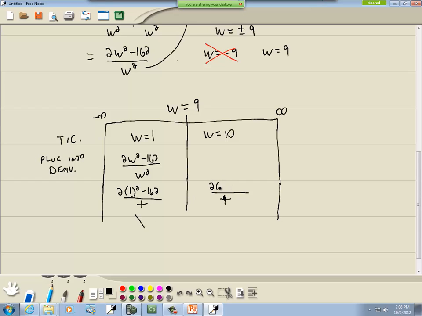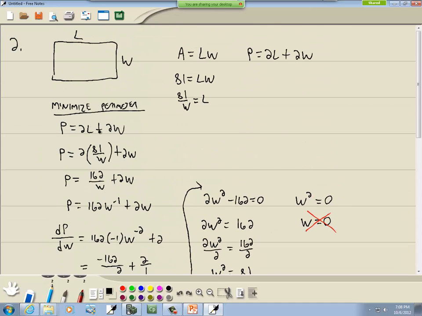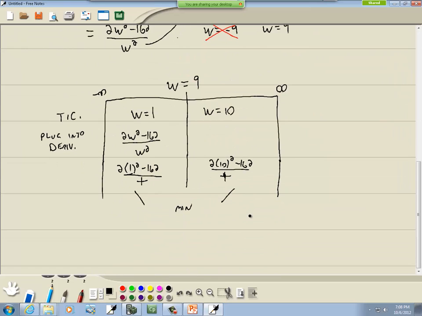If I put 10 in here, 10 squared is 100, times 2 is 200, minus 162 is positive. Positive divided by positive is positive, so this is increasing. So this is indeed a min, which is what they were asking for. They were asking us to minimize the perimeter,